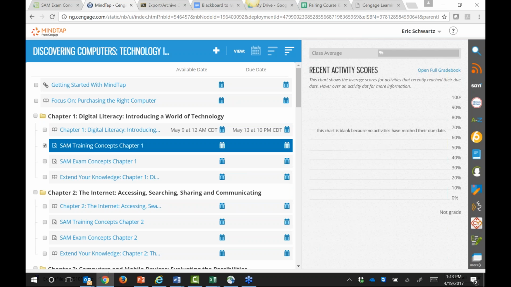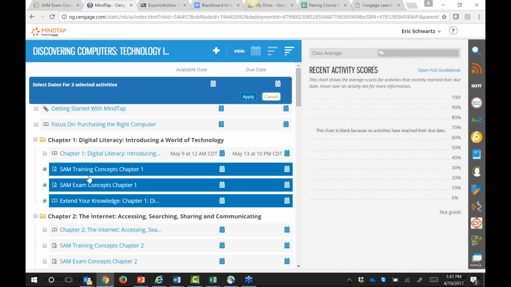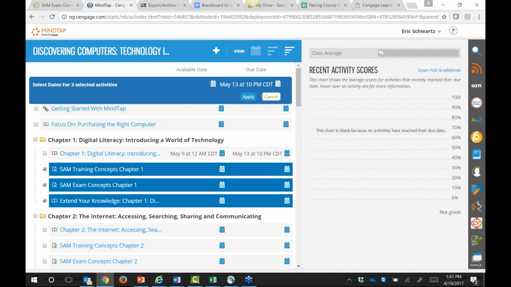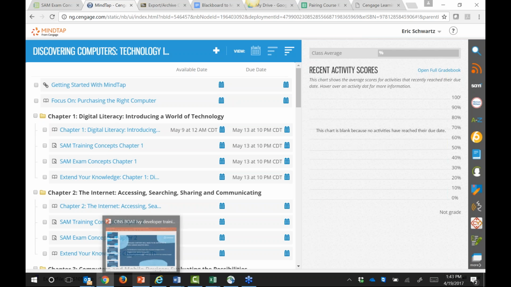If you wanted to select multiple activities, you can do that as well. So let's assume I checked these 3 items, and then up here on this menu, this is where I would go in to set any date, and I just want to click apply. Now obviously right now, as I mentioned, we're looking at MindTap. We're not looking at SAM. If you wanted to set due dates within SAM, that's a different process, and